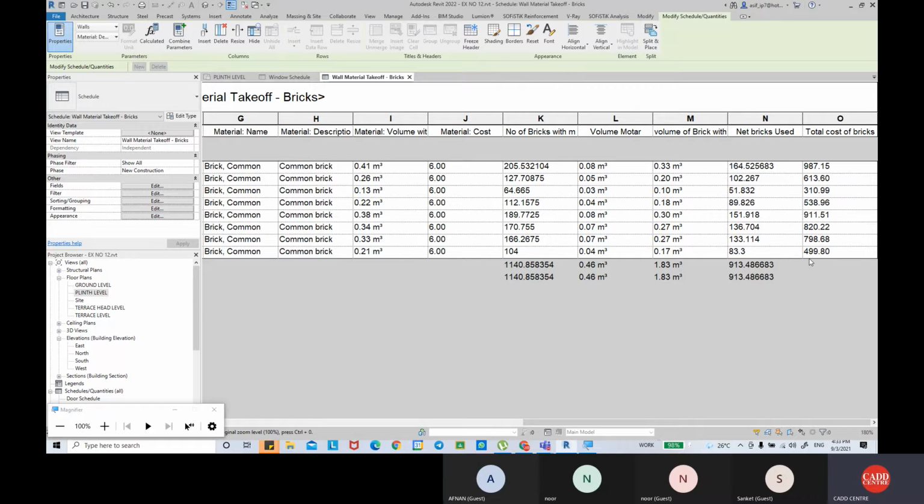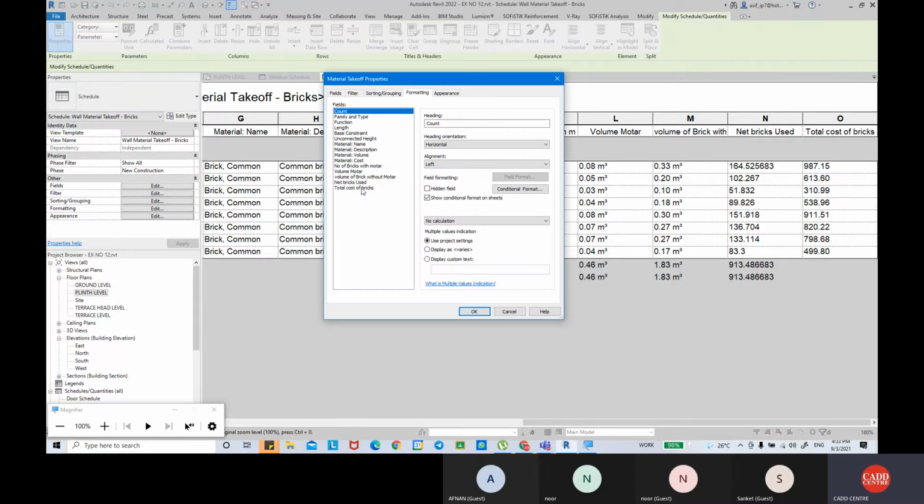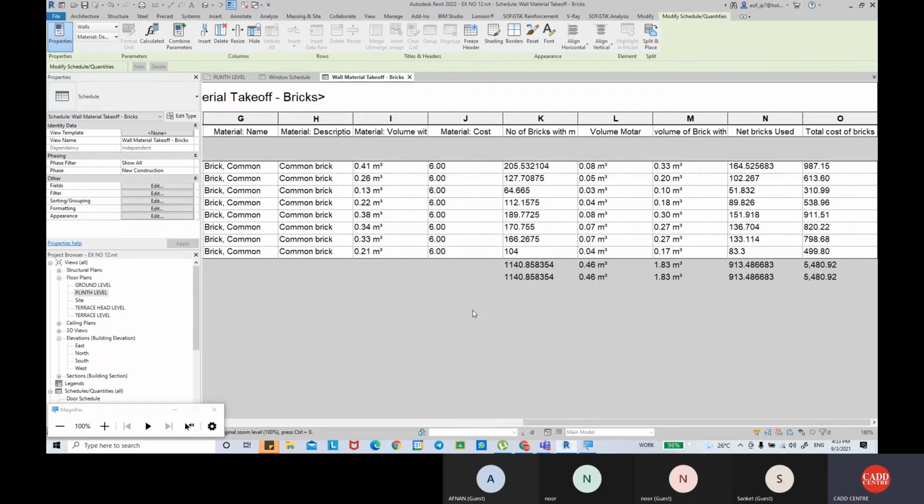So that's that costing. Now if I wanted to get that total also, we can come into total cost, calculate total, and click on OK. We will get 5,480.92 rupees would be invested in the brick purchase only basically. Now in this we have not added transportation